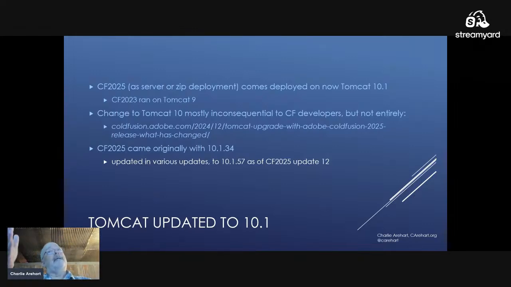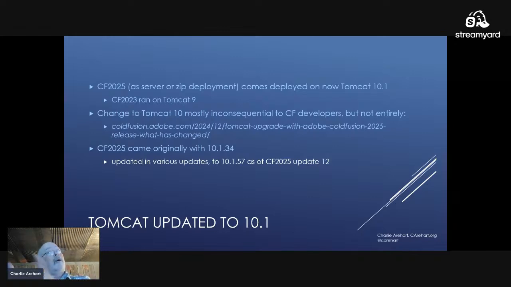That's important because sometimes the Tomcat team updates Tomcat to fix some security problem. This is the latest one as of last week when they released it. That 10.1.57 was the latest. They'll probably come out with a new one this week or next week, and people are going to be saying, hey, Adobe, when are you going to create a new update that updates our Tomcat? We do have to wait for them to do it. If we use ColdFusion with Tomcat deployed in it, we have to wait for Adobe to update the Tomcat. We cannot do that